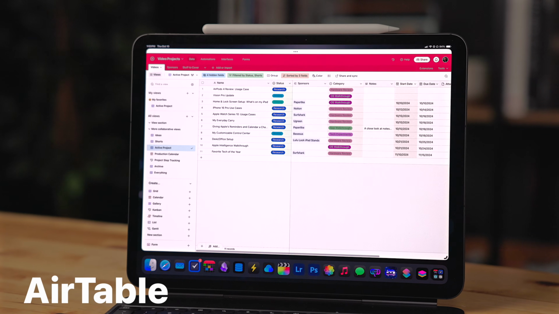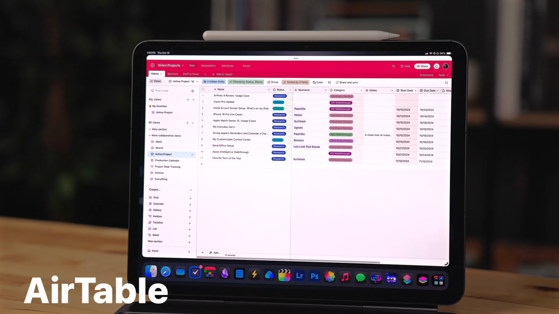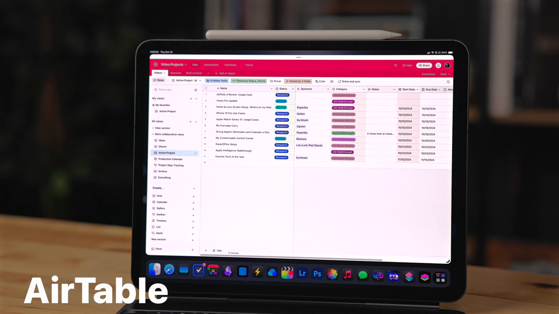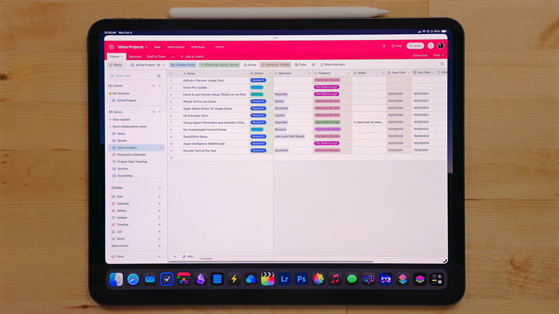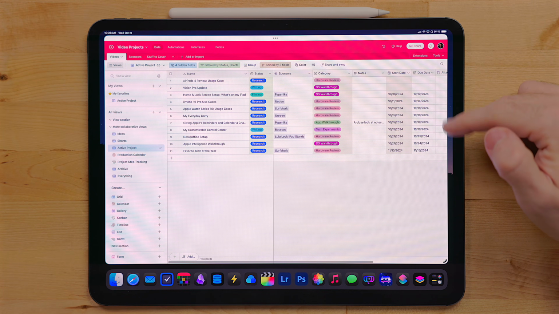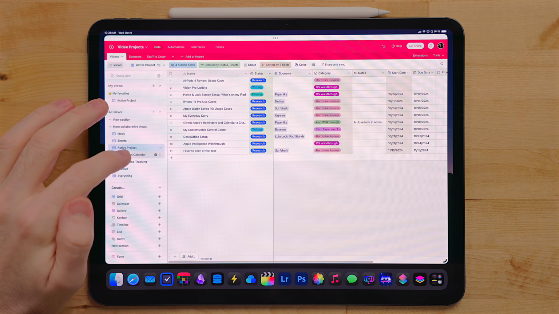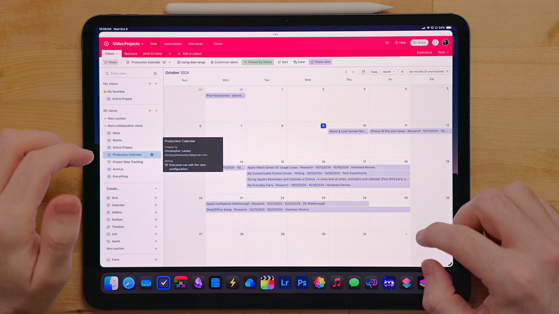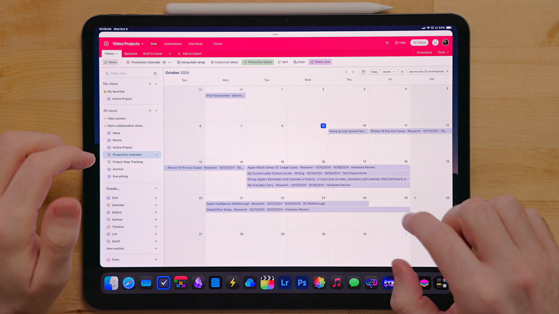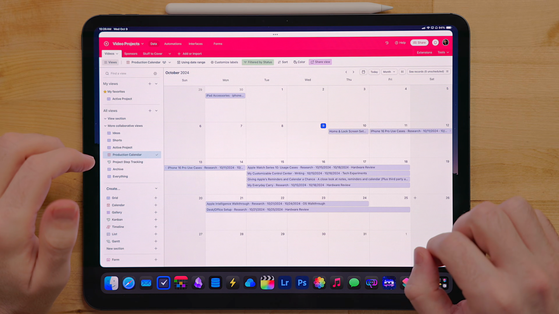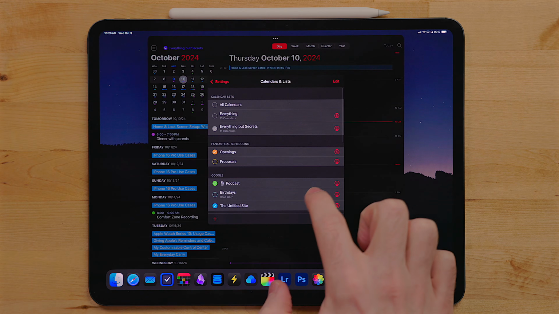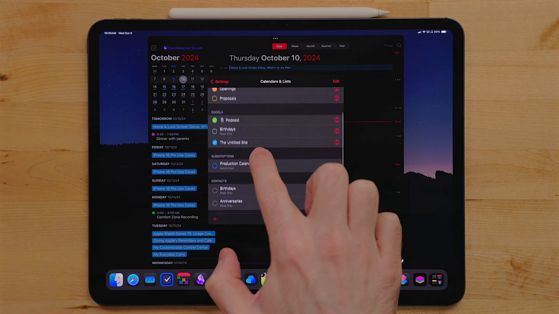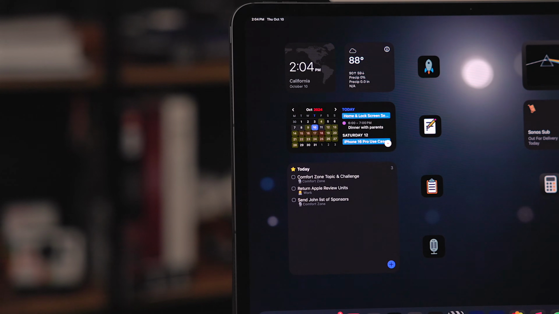Like I mentioned, I've changed up the way I've been doing a lot of work lately. I'm now using Airtable as a place to manage video projects, sponsorships, and expense tracking. For the first two, I set up due dates for those. With Airtable, I have a calendar view with my production schedule. In Airtable, you can get an external link to that calendar and subscribe to that calendar in something like Google Calendar or iCloud. This way, I have my whole production timeline in Fantastical and can see it right from the widget as well.